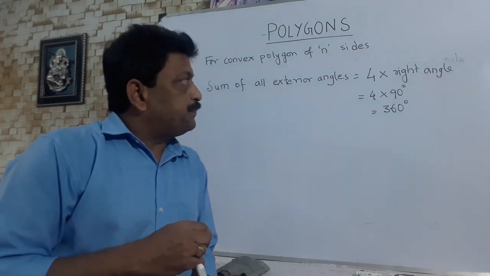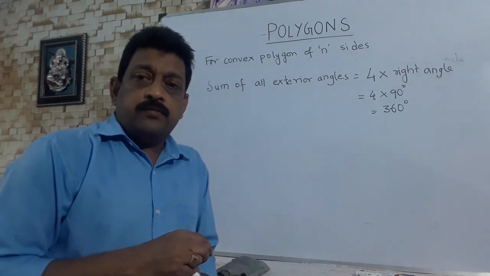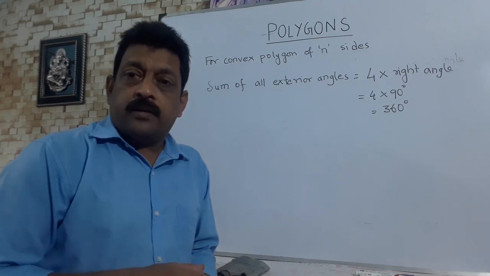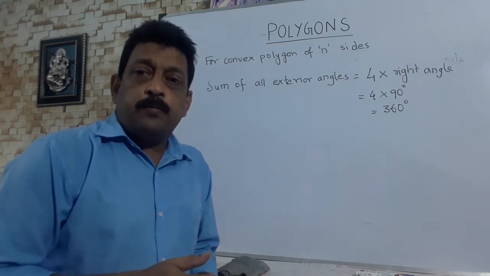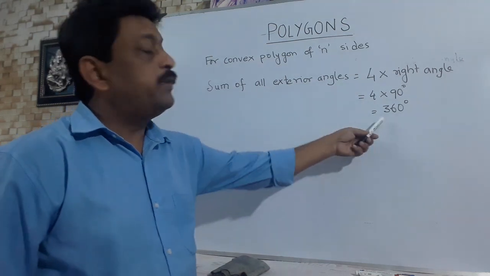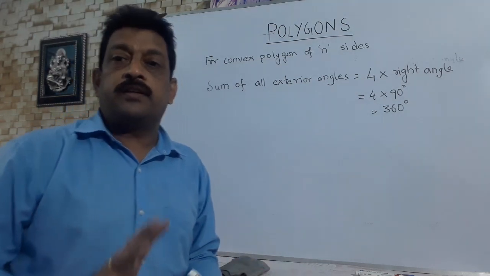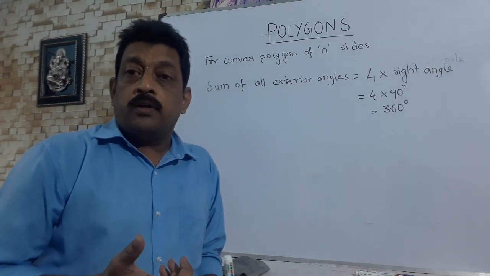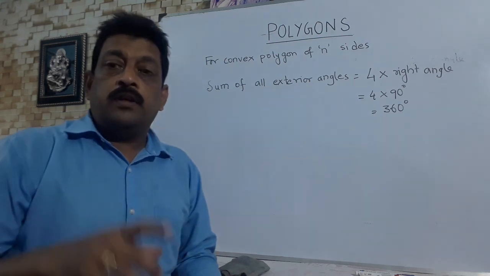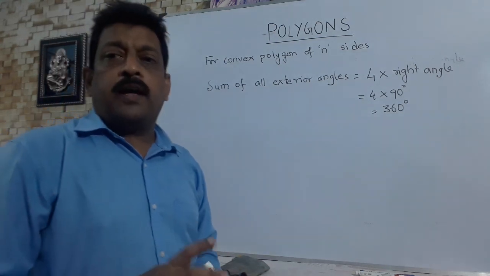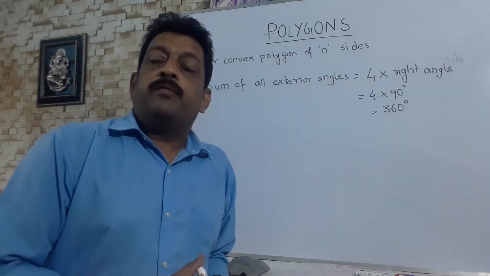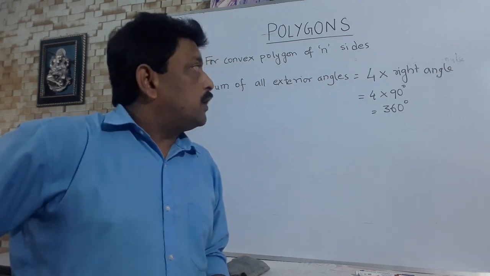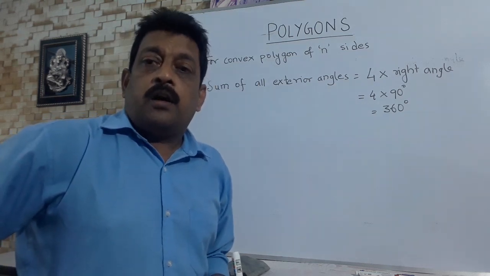Now see this one, whether it has 3 sides, 4 sides, 5 sides or 6 sides, the number of sides does not matter here. Whatever the number of sides of the polygon, the sum of all exterior angles will be 360 degrees in each and every case. In a triangle, a square or any quadrilateral, a pentagon, in all cases, if we add all the exterior angles, the sum will be 360 degrees. Here the polygon need not be a regular polygon.